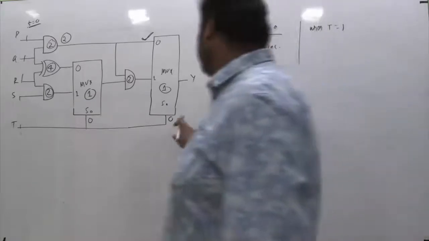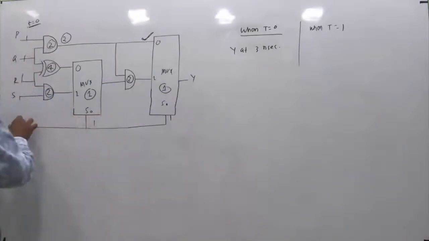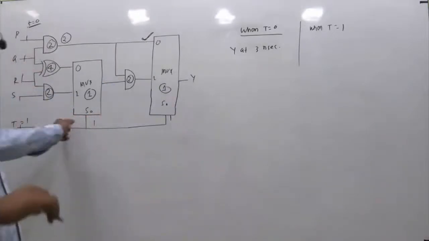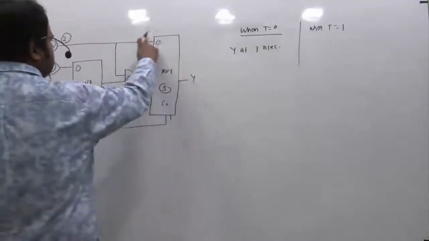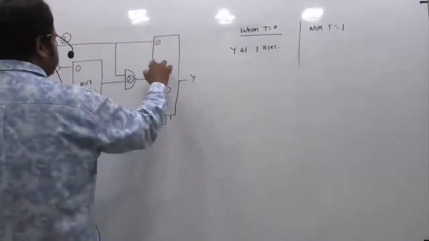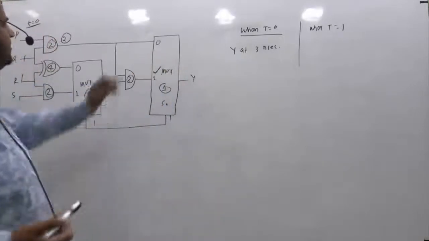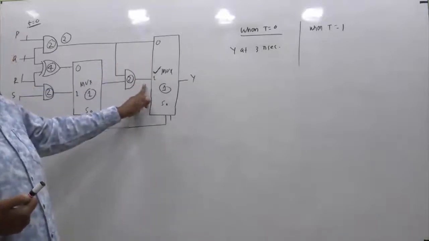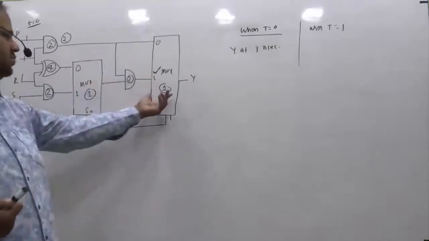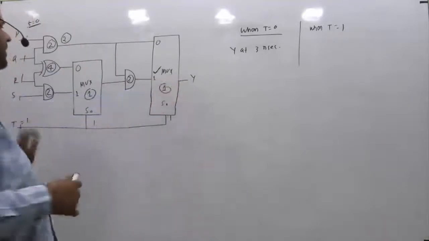Now when you take T equals 1, this will be 1 and this will be 1, right? Now in this case, you are taking the output y. So if it is 1, this input will be selected. Like we have evaluated, this input we are getting at T equals 2 nanoseconds. Now I should check at what time I will be getting these inputs. That time plus its own delay of 1 nanosecond. After that much time we will get y when you take T equals 1.